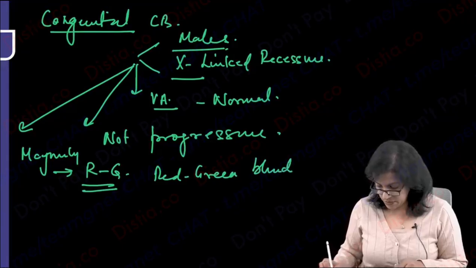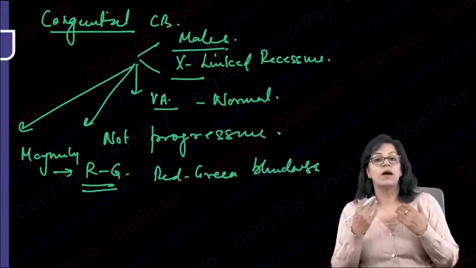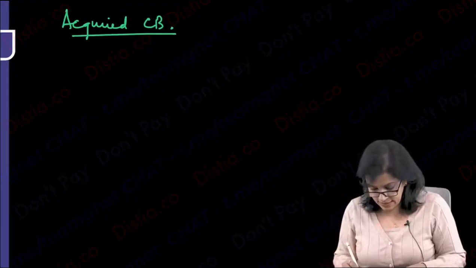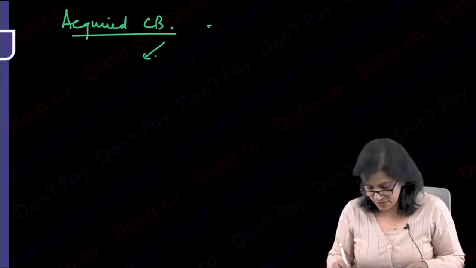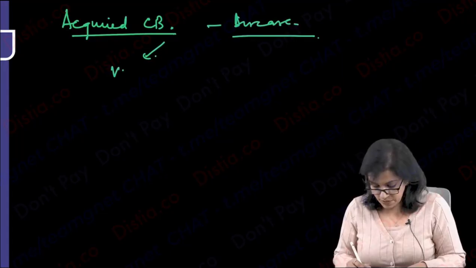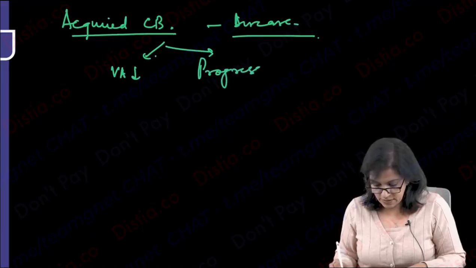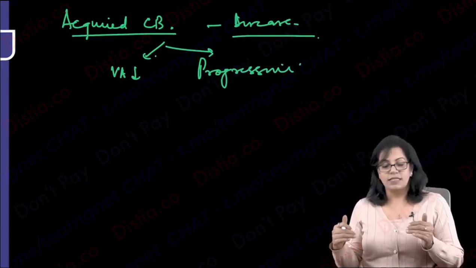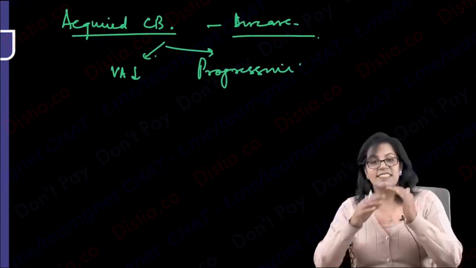We come to now think about with me about acquired color blindness. When we talk about acquired color blindness, there is definitely some disease because of which it is happening, common sense, right? And therefore visual acuity can be less and it can be progressive. Isn't it? It can be progressive. Now, there is a very interesting thing here. Tell me,